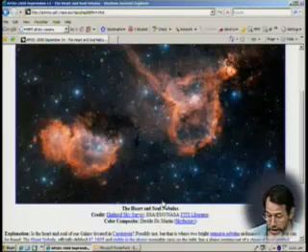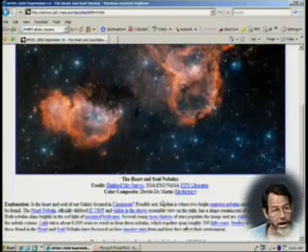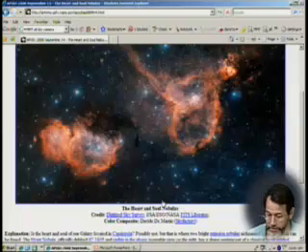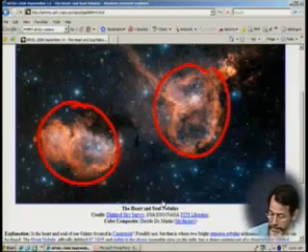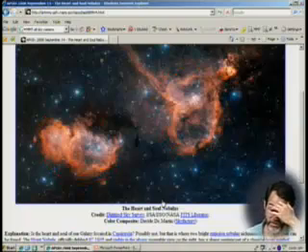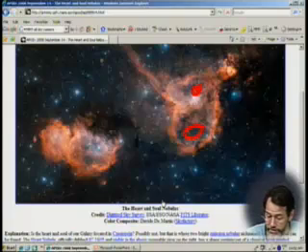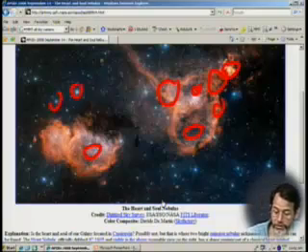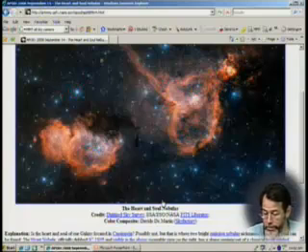Okay, here we have some nebulas in our galaxy. This is the Heart and Soul Nebula. Let's see, I believe this is the heart and this is the soul. They are giant star-forming regions where there are young clusters called open star clusters. You can see some of the bright stars of the open star cluster toward the center of these. A star cluster is forming, so a lot of this dust will be pushed out, evaporated, or pushed away. In 100,000 years or so, only the bright stars will be easily visible, and you'll have an open star cluster.